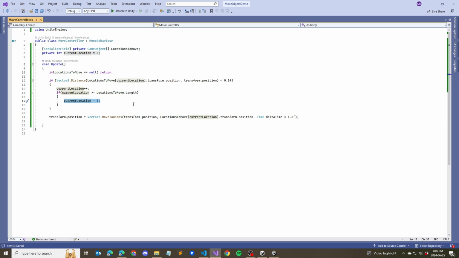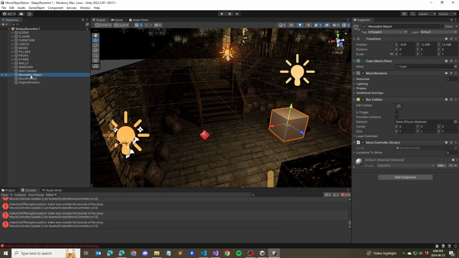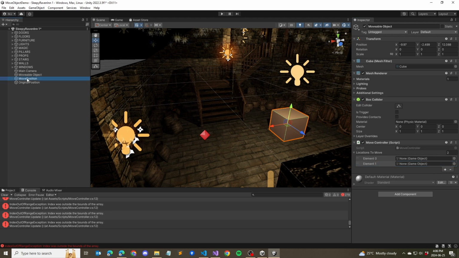So this is going to achieve that back and forth movement that we were talking about. Then we actually do the movement, and we move our cube towards the location that we want, and we're still using the delta time times the speed. We go to our movable object, our cube, and we go to our controller. Our locations to move array is empty. So we're going to want to add 2 of these here. Using the plus sign, minus sign, we can adjust that. We use our move position to go into the first one, and our original position to go to the second one. Once we save this now, and we hit run,